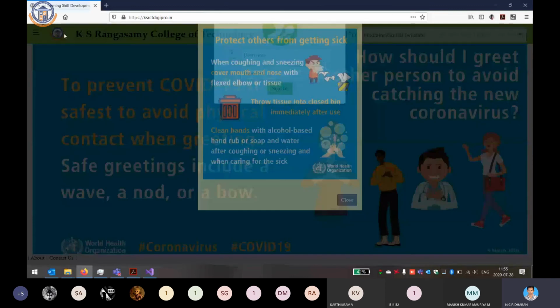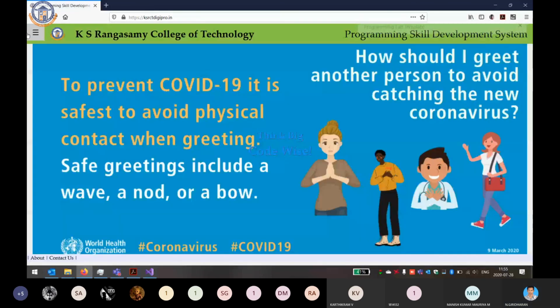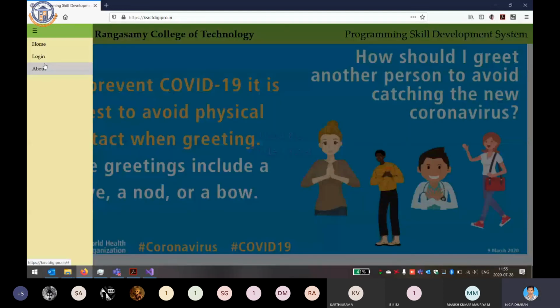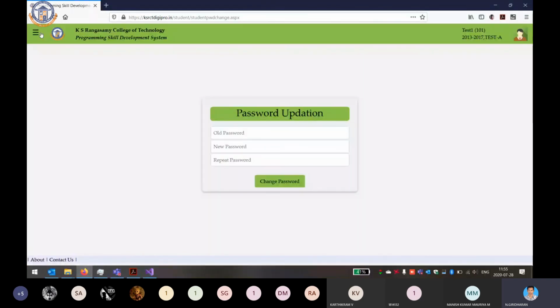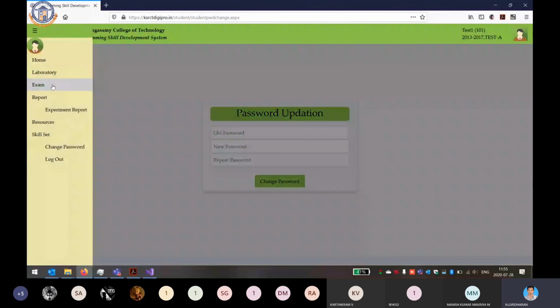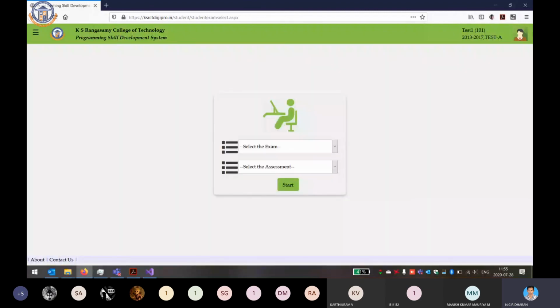This toolbar will be available for the entire website wherever you log in. Inside the student window, this structure, the top one as header and the bottom one as footer, will never change. Only the content between the header and footer will change according to the web page we click.